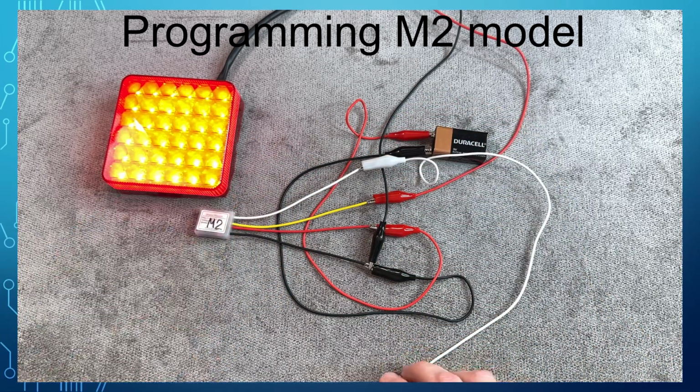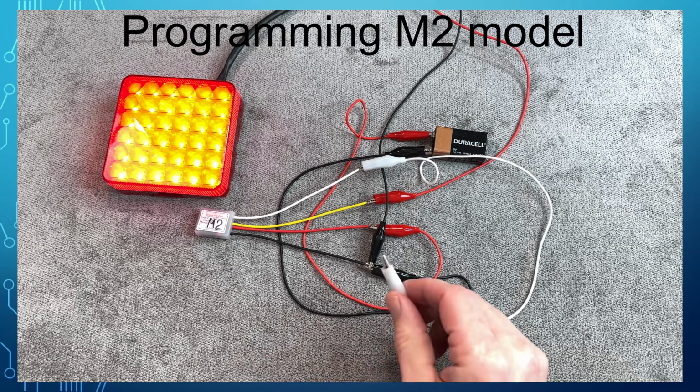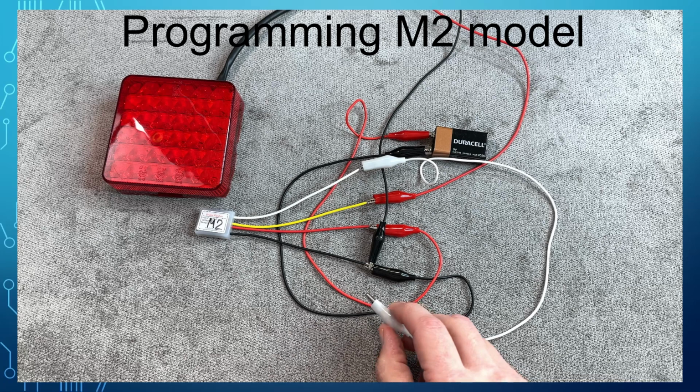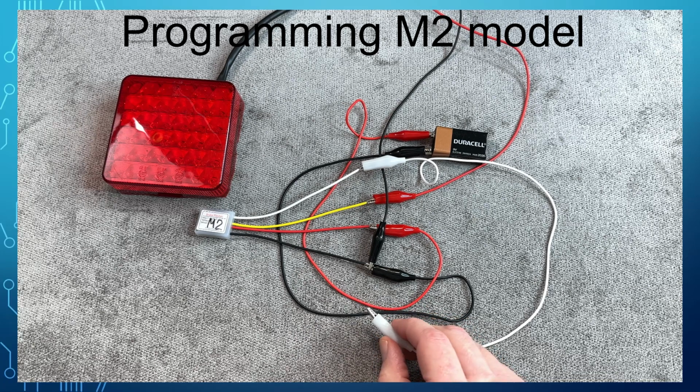Once you supply the power to the flasher, take the white wire and touch the ground. This puts the flasher into configuration mode and the brake light will quickly flash and turn off. The first parameter is the flashing mode, so the light will blink once, indicating the value of the flashing mode